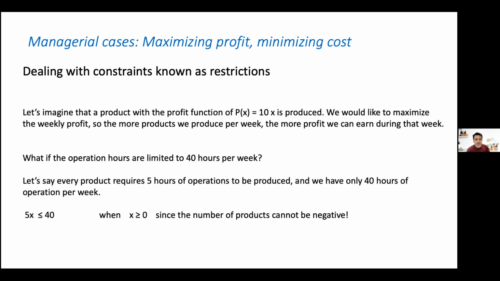Okay. And let's say every product requires 5 hours of production, 5 hours of operations to be produced, and we have only 40 hours per week. So that's the kind of restriction we have. So this means what? This means